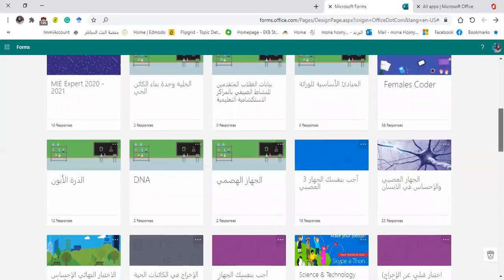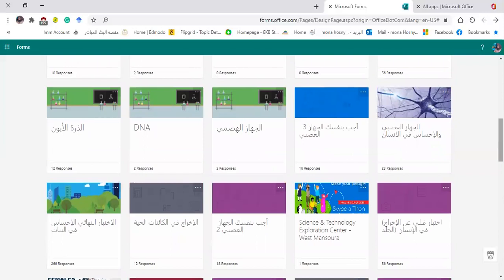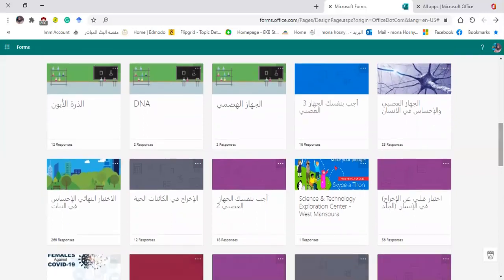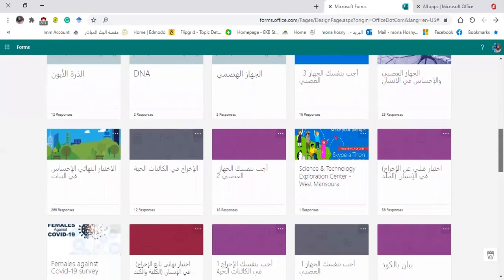They just need the link to do it. Yes, and I suppose that you used this mostly during COVID-19 with your students. Yes, I used it in COVID-19 with my students